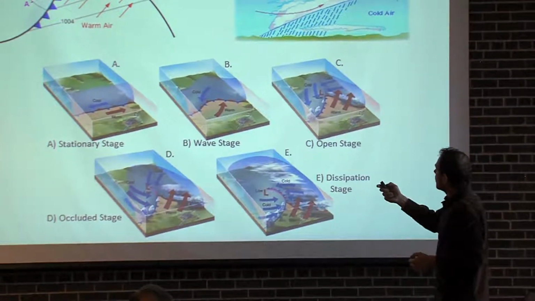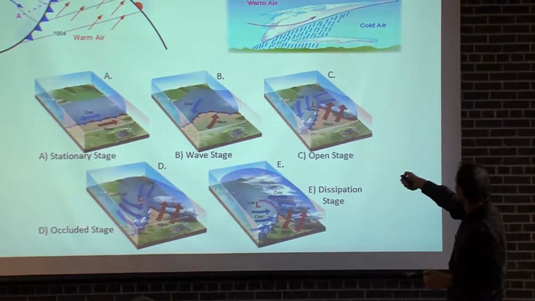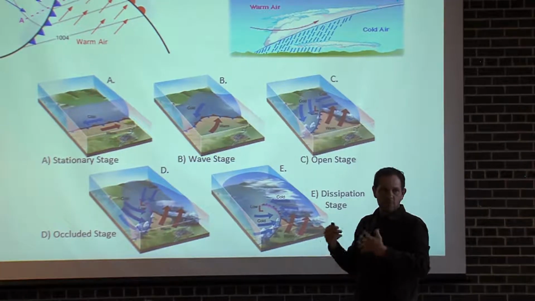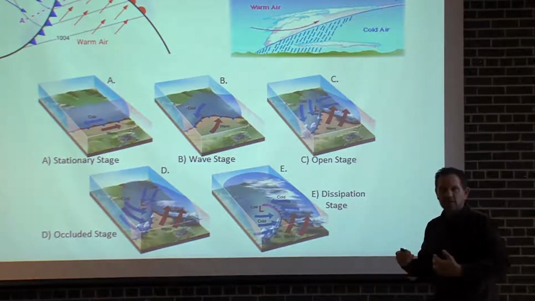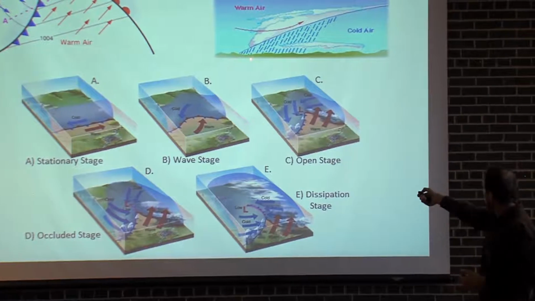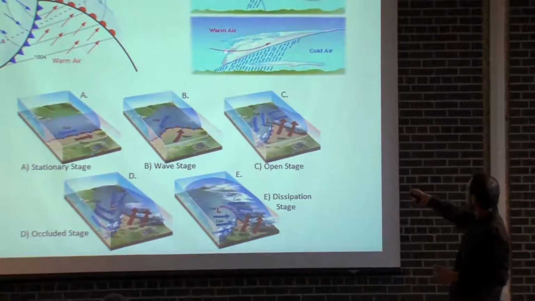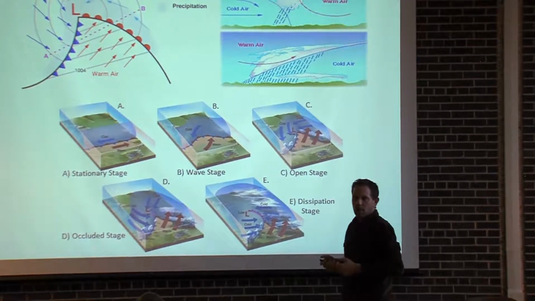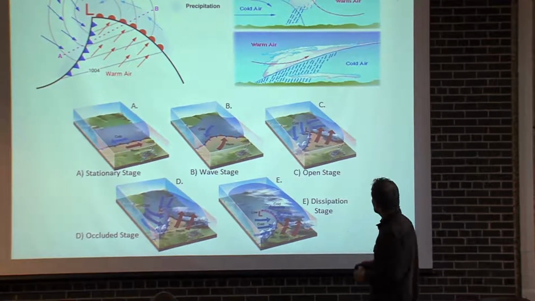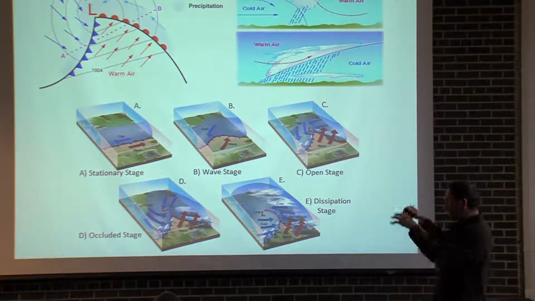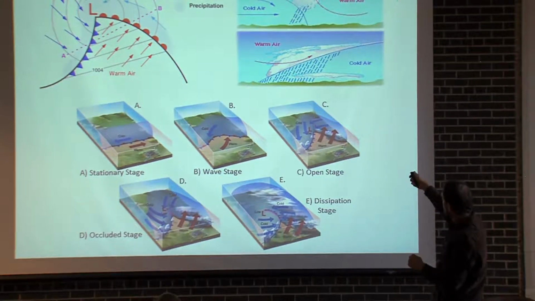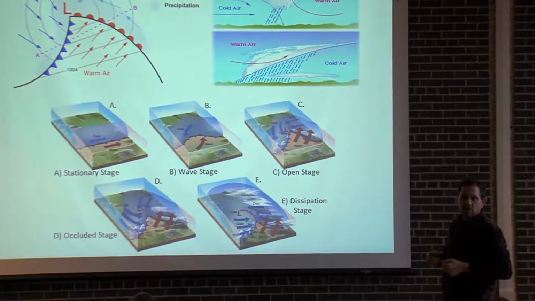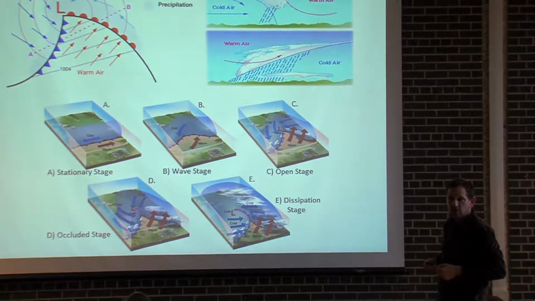Warm fronts are different. Warm fronts are moving into the colder area, but warm air does not take over cold air. Warm air is too buoyant and this cold air is too dense to be taken over by it. So for many miles, this warm air slides over the cold air ahead of it. And that is the process that forces up the warm, humid air into the upper part of the atmosphere where it cools and cloud formation and rain formation takes place. I'll get into those specifics real quick here. But there are two different ways of forcing warm, humid air into the cooler upper part of the atmosphere where the cloud formation and the condensation process takes place.